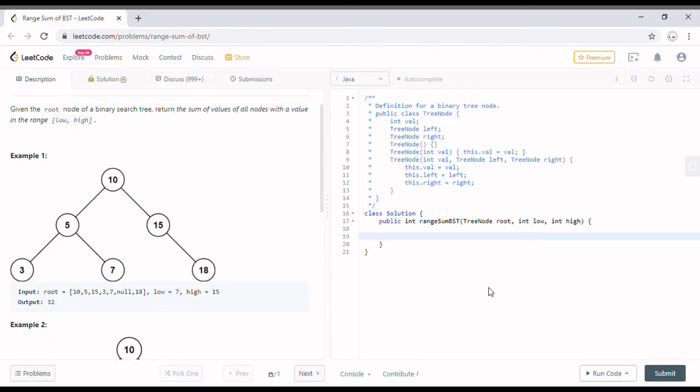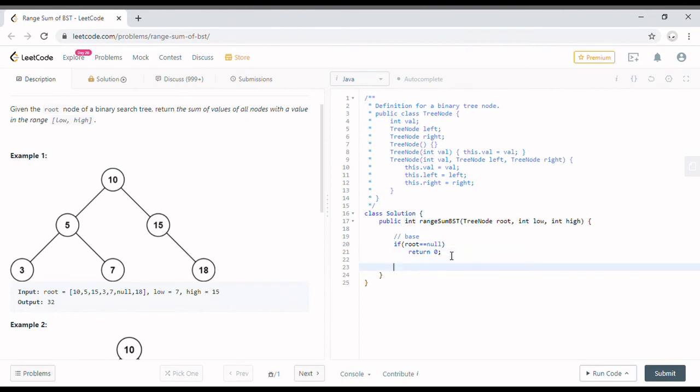So let's code this. We are going to solve this problem recursively by using the DFS algorithm. What will our base case be? Our base case is if root is equal to null, in that case we will simply return 0. Why do we return 0? Because we have to return an integer value here.